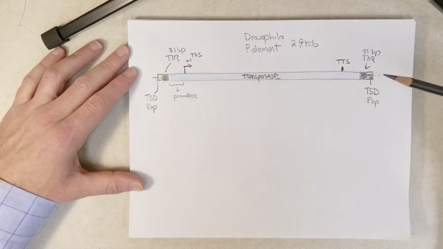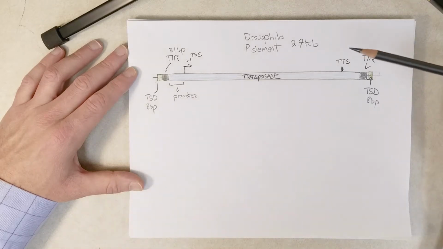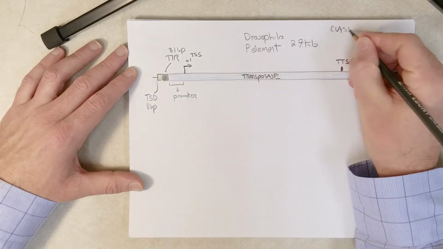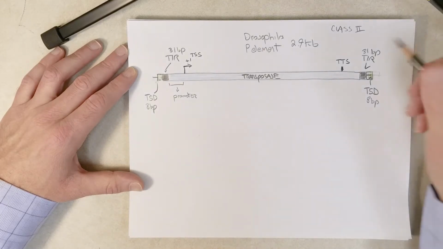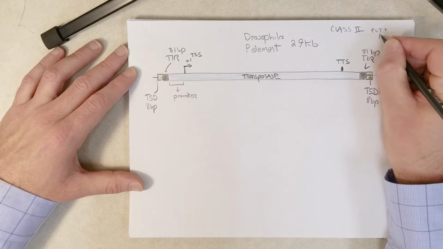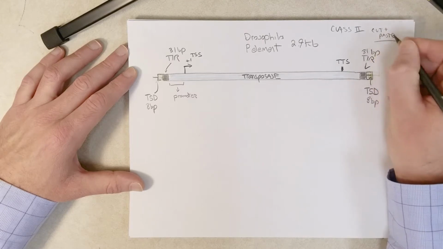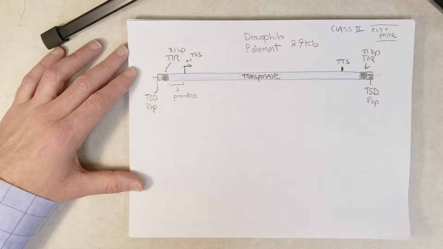Everybody, in this video I am going to talk a little bit about the Drosophila P element. So Drosophila are fruit flies, and it's a model fruit fly often used in genetic research and molecular biology research. Now the Drosophila P element is going to be a class 2 transposable element. It moves by a cut and paste mechanism, and one of the reasons I want to talk about this element is it will come back later on in the course when we talk about